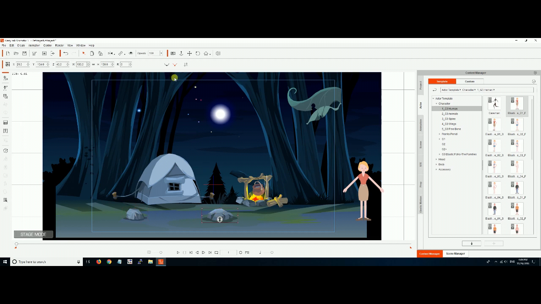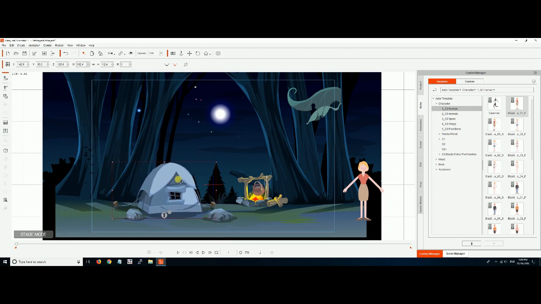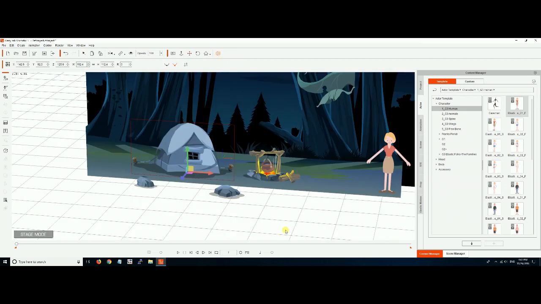What else you can do up here in the opacity is you can make it less, like it's right there. You can make it seem like it's further away. And now let's take a look at the 3 dimensions that I'm talking about. It looks like that tent is floating right now, so I'm going to bring it down a little bit. Now, here's how we're going to look at our 3 dimensions. Notice this little icon right here. It shows the layers. Watch what happens when I click on it.